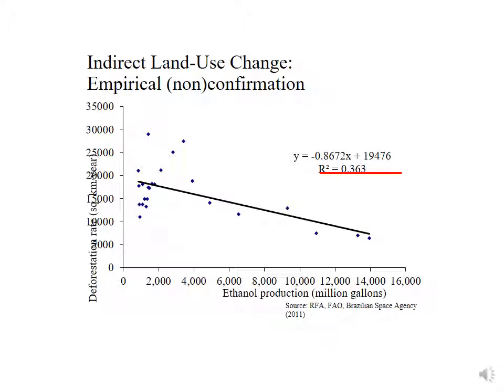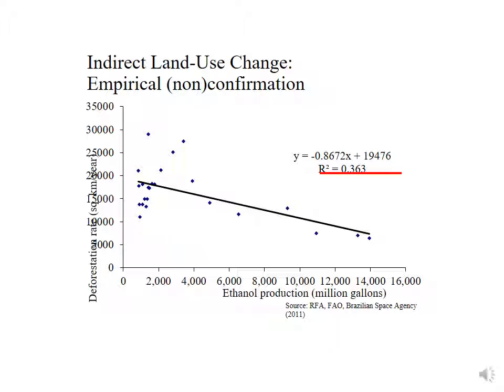One way to look at this is to try to see if there are any statistical correlations between ethanol production and deforestation rates. The data that we're going to show here doesn't prove or disprove the hypothesis that biofuels cause or do not cause deforestation, but it's just for argumentative case, to make an argument that perhaps we need to look a little bit more carefully at the growing evidence around biofuels and deforestation.